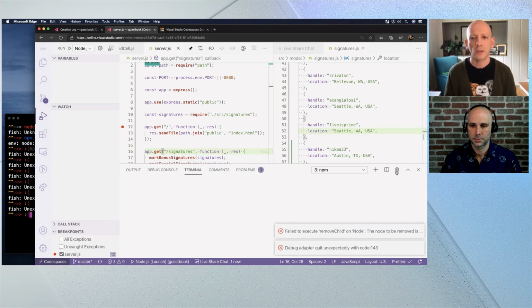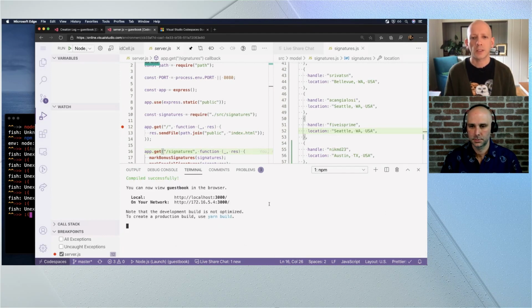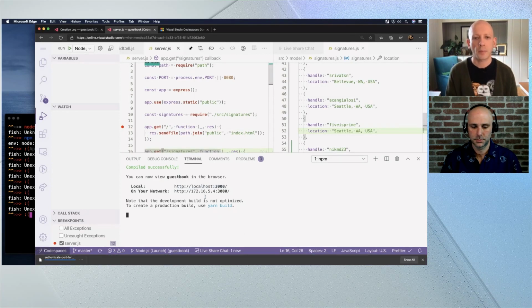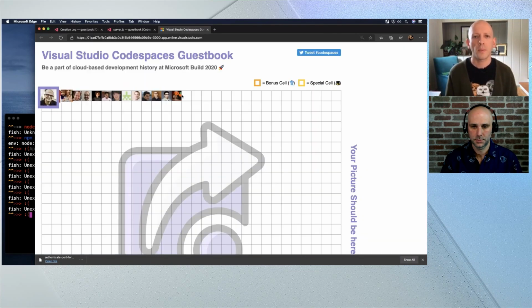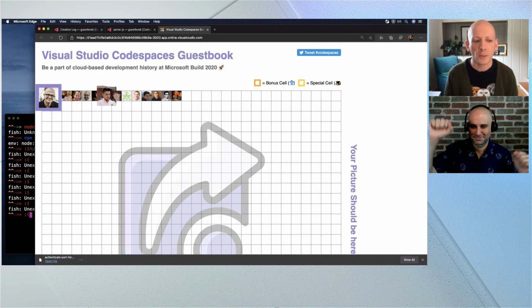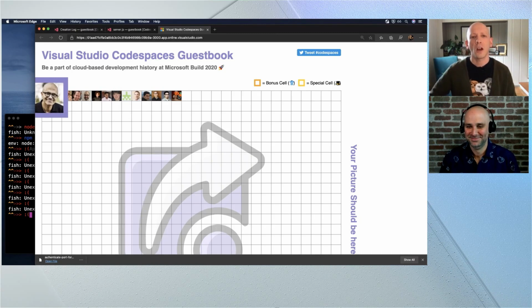Let me close this out, because what I want to see is that, in fact, the change that we just made to the Guestbook is in place. So let me launch the application once again. Oh, npm start. Oh, and here we go. There's Nick right there in all of his glory with some kind of Muppet creature. All right, so